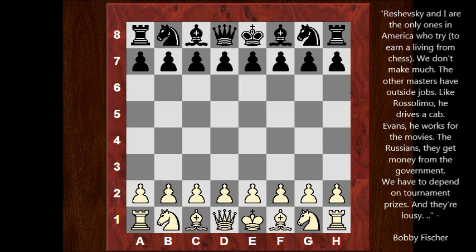Samuel Reshevsky was a famous child prodigy and later a leading American chess grandmaster, a strong contender for the World Chess Championship from the mid-1930s to the mid-1960s. He was an 8 times winner of the US Chess Championship, and in 1958-59 he was playing Fischer with